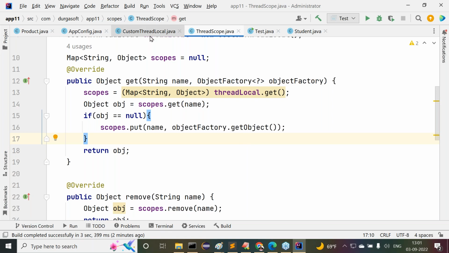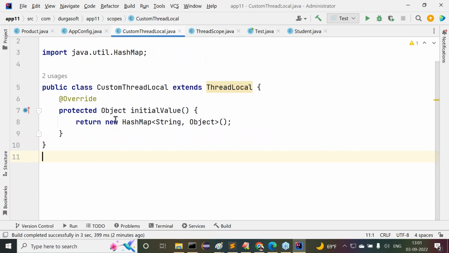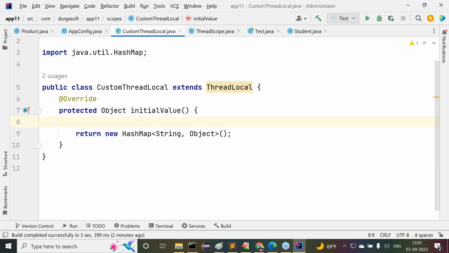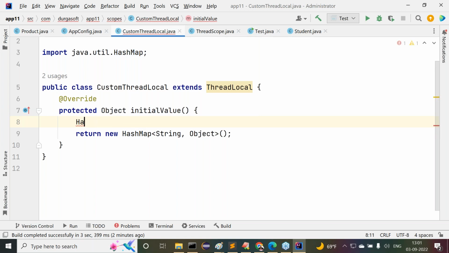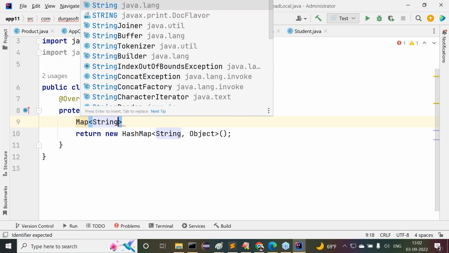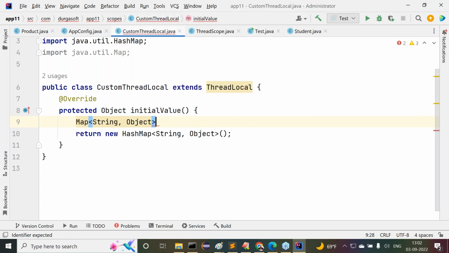Otherwise, at the time of creating this object, we have to create one object and keep that object here explicitly. Then it will come there as the initial value if you want to get it. A HashMap, or else simply a Map object here: Map<String, Object> map = new HashMap<>();